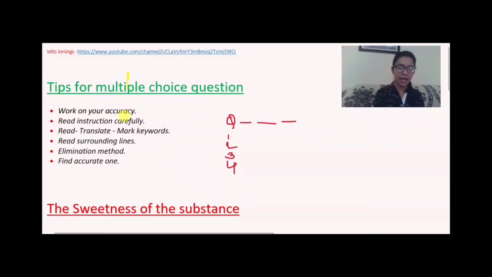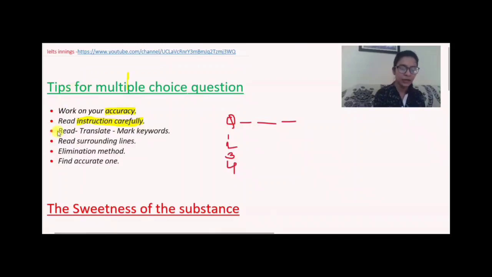Firstly, you need to work on your accuracy. After that, you can focus on your speed, because without accuracy you can't find the correct answer. Moreover, if you are not accurate, then speed can't boost your score. So take care of this. The next thing is you need to read the instructions carefully, because sometimes we miss the important statement if we are not reading the instructions, and it happens with most of the students.